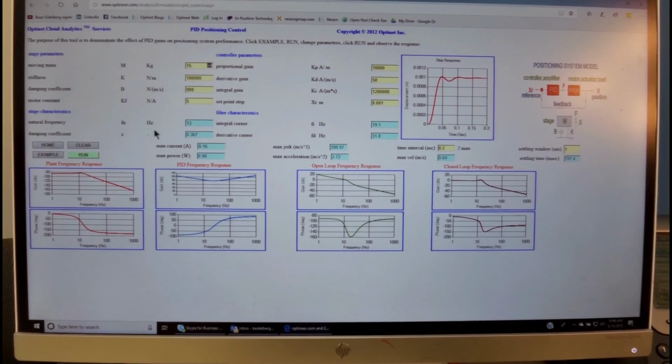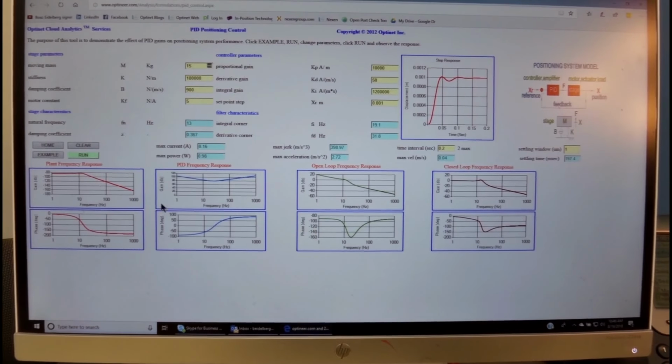The output shows us the natural frequency, the damping coefficient, also the maximum current, the maximum power, the maximum jerk, the maximum acceleration. It also shows us over here the maximum velocity, and most important, the settling time, which is a criterion for the effectiveness of the tuning of the system.